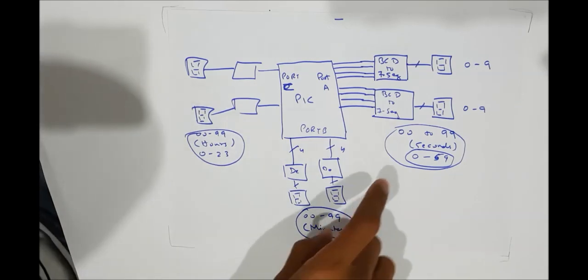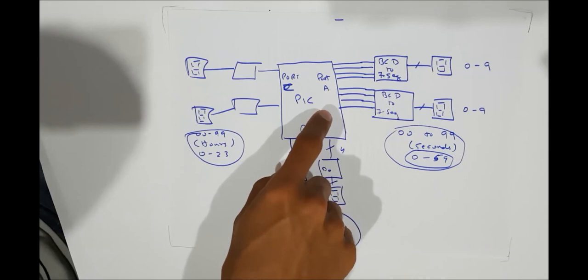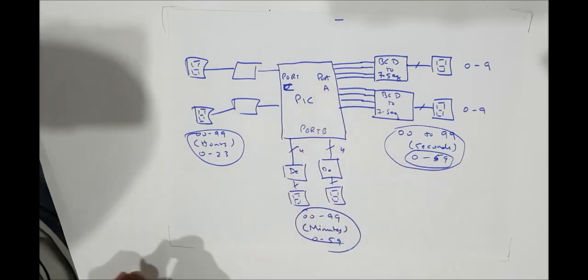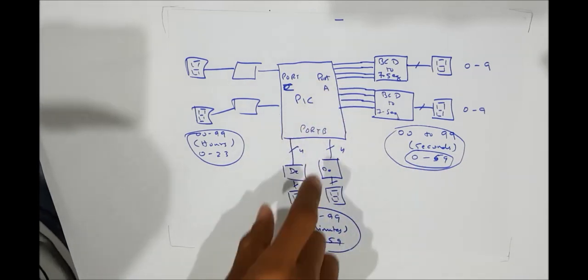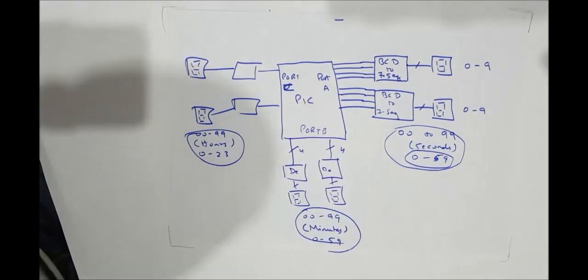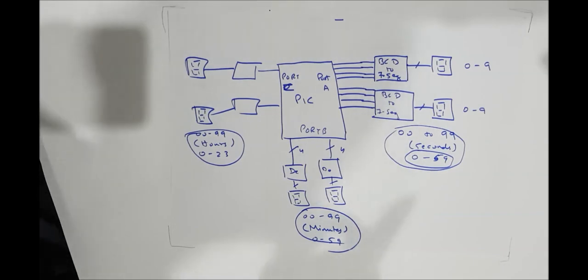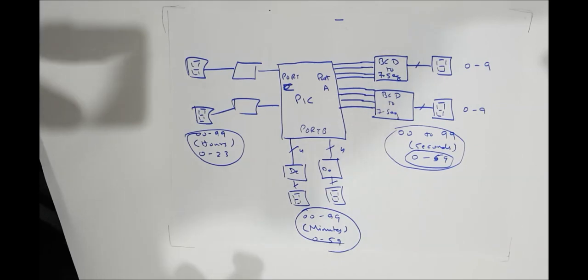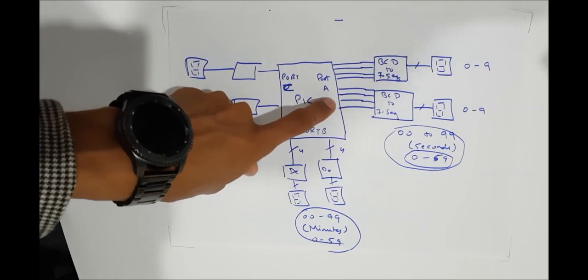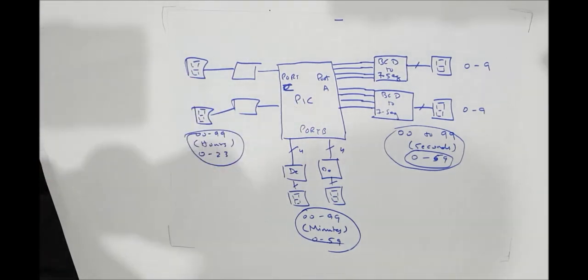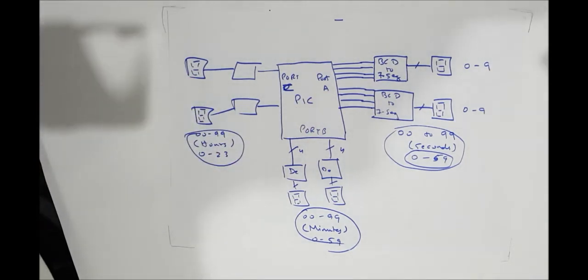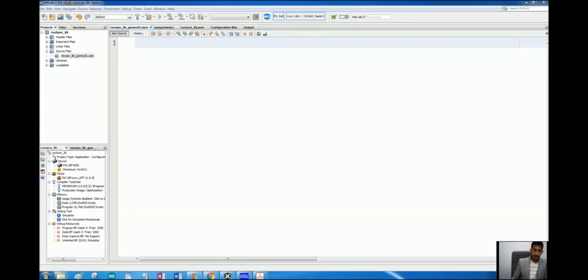making a program for this loop, and we will be sending 00 to 59 on port A for the seconds loop. But first I will confirm whether port A is 8-bit or not, and then we will choose a port that is 8-bit long. I think port A is only 7-bit long, so I think we should use port B for this seconds loop. So let's start.